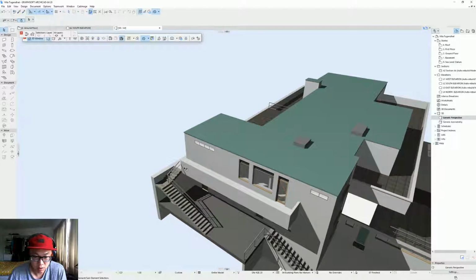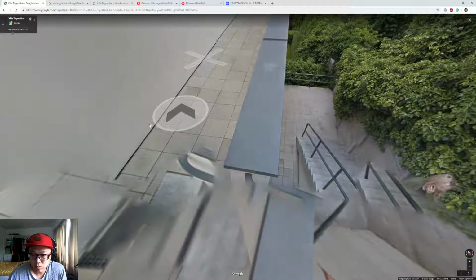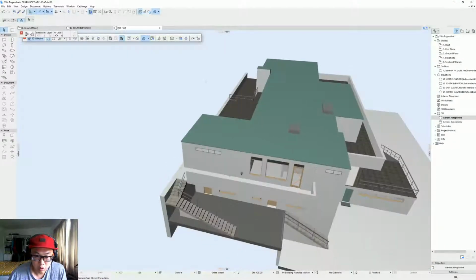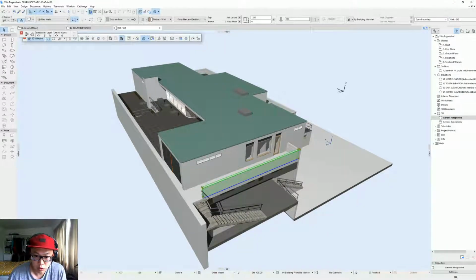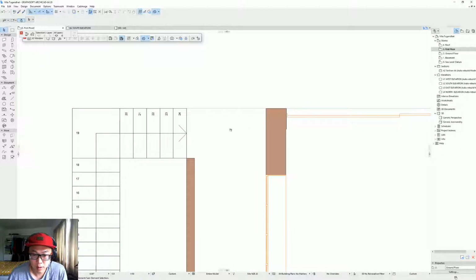Oops, I'm missing the post here. Is there a post? There's no post. It's connecting directly to here, so it's fine. Maybe I'm just gonna stretch the wall, go up, and